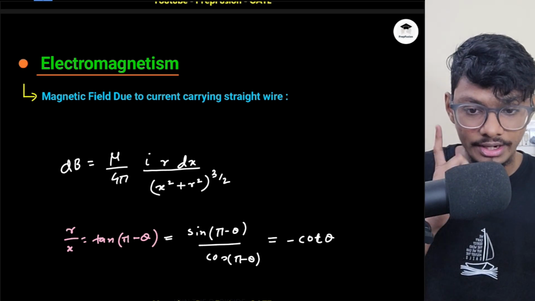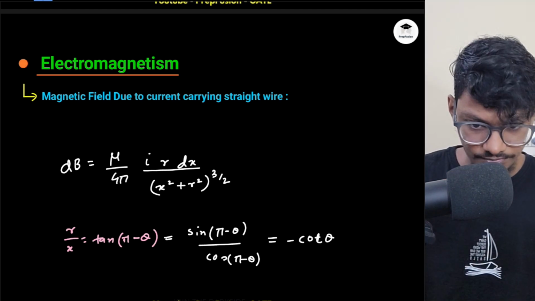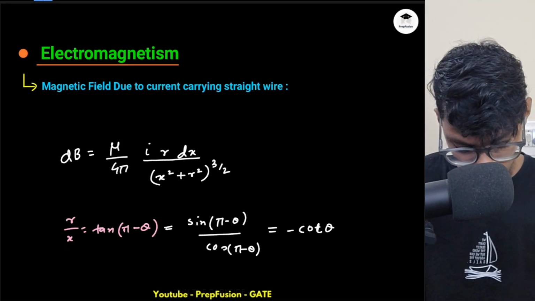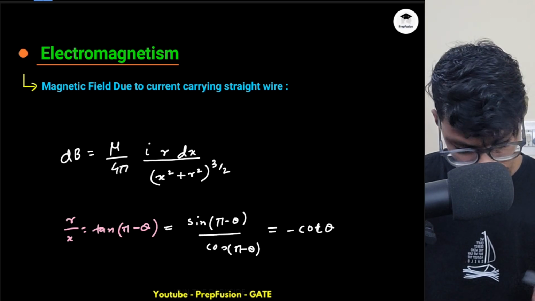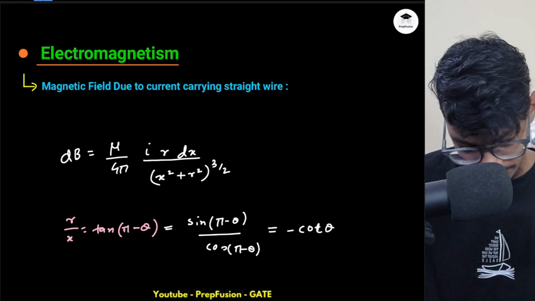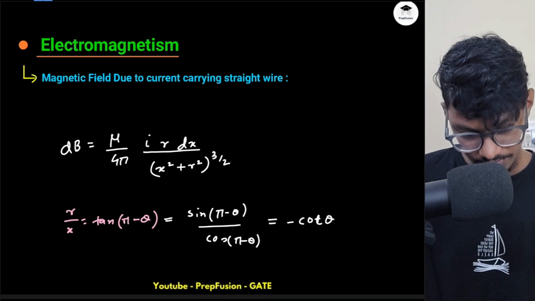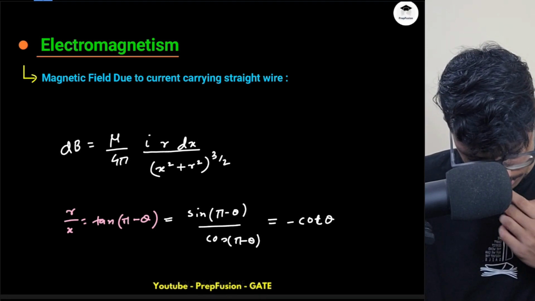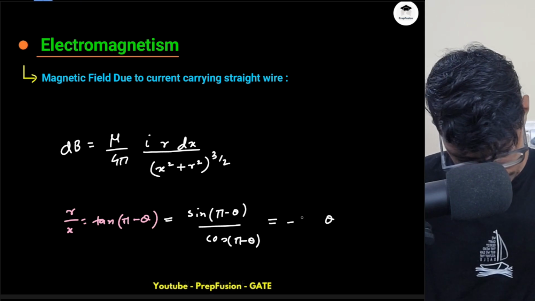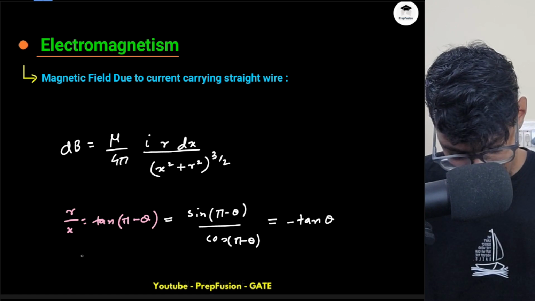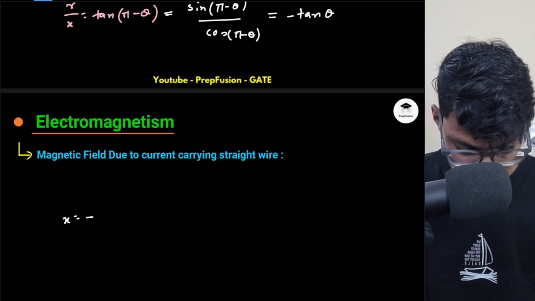But you said you wanted to write in terms of r. What is r equals to? No, I wanted to write in terms of x. So x is equal to what? Hold on a second, am I doing something wrong here? This is tan theta only, minus tan theta. So what is x equal to? My x is equal to simply minus r